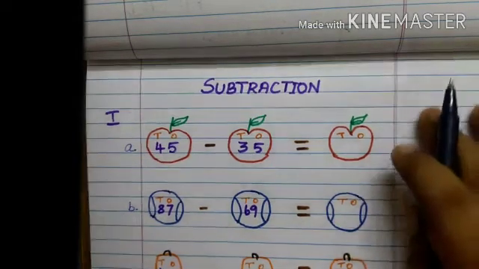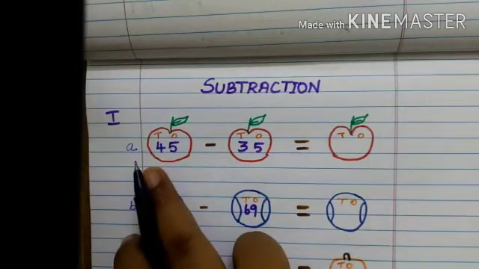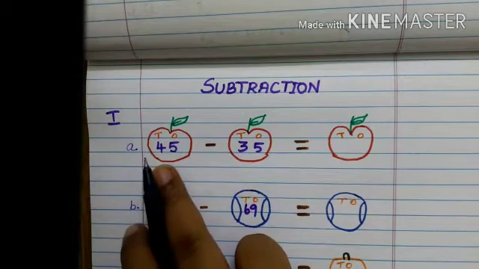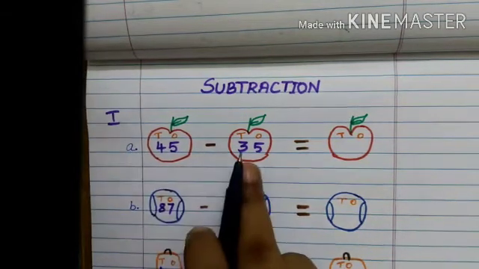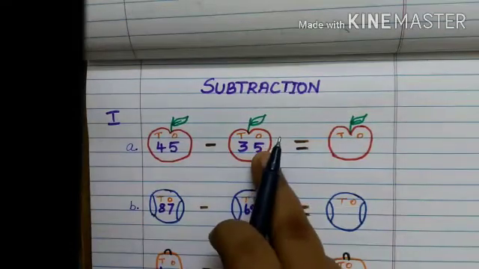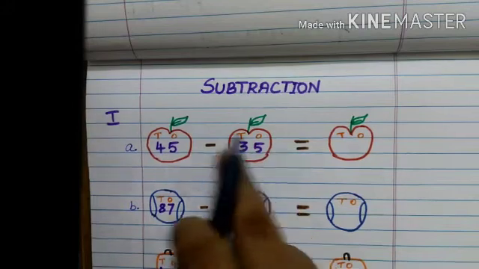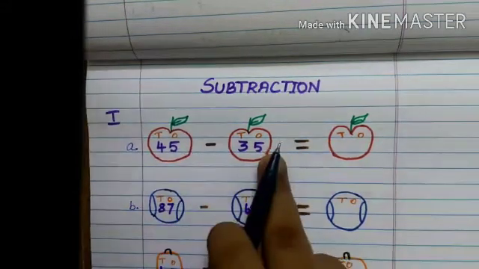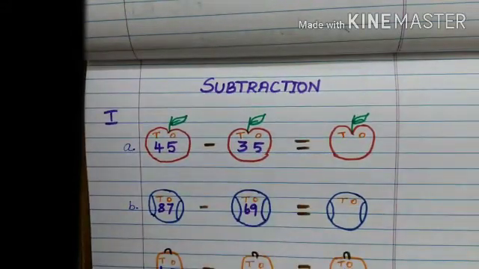First one is horizontal subtraction. First sum A. First number is 45. Second number is 35. Do the symbol for subtraction, minus. So you take it now. First, the ones place: 5. Here 5. These two numbers are the same. 5, then 5. Subtraction is take away. This method is called take away, but addition is adding together, joining.